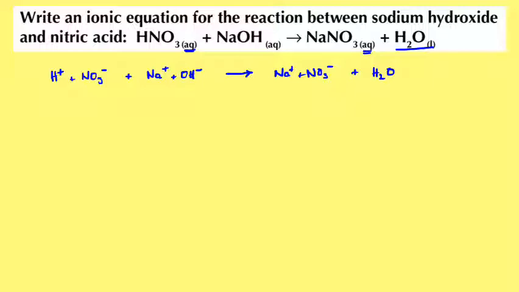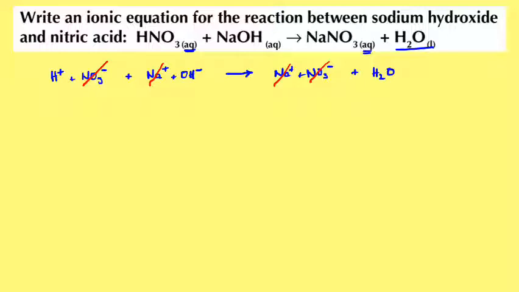Okay, so they're all our ions, and the next step, of course, would be to cross out everything that occurs on both sides. And if it occurs on both sides, it's not changed, and we don't want it in the ionic equation. So you can see that nitrates appear on both sides, so let's cross those out. We can also see that the sodium ions appear on both sides, so we could cross those out. But the hydrogen ions and the hydroxide ions, they react together to make the water molecule, and they're left, so we're not going to cross those out. So that leaves